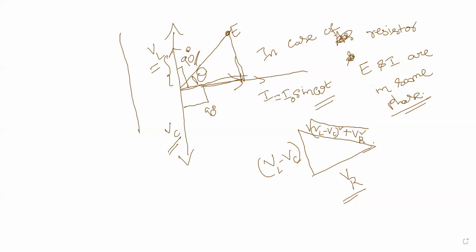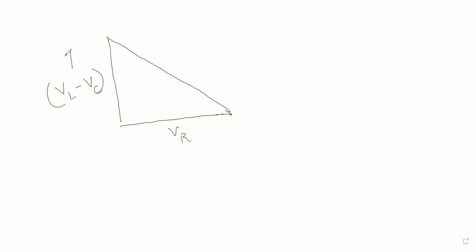So I'll redraw this triangle. If you remember, this is sufficient. LCR circuit means this triangle you remember. This is VR. This is VL minus VC. Why do we have to do it like this? You may get a doubt. See, these things are like vectors now. In normal circuits earlier, the potentials are scalar, so directly you can add.